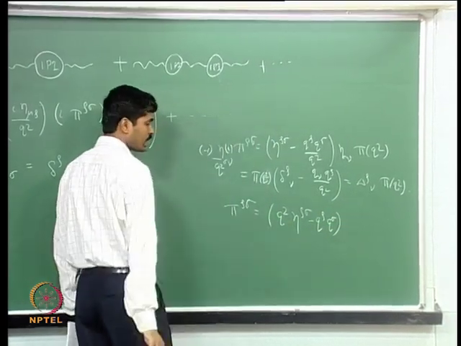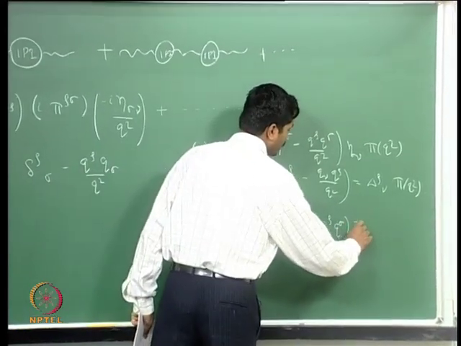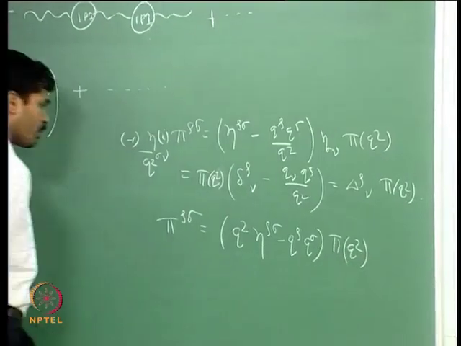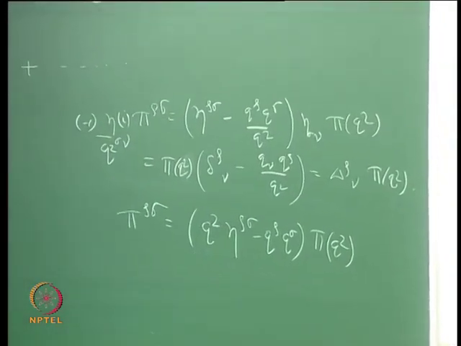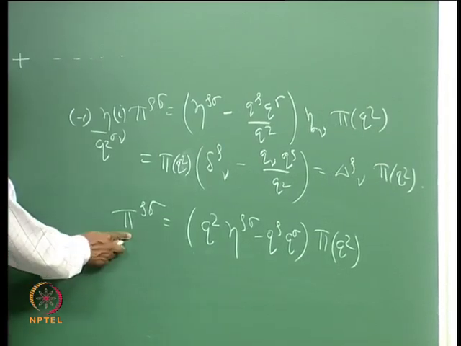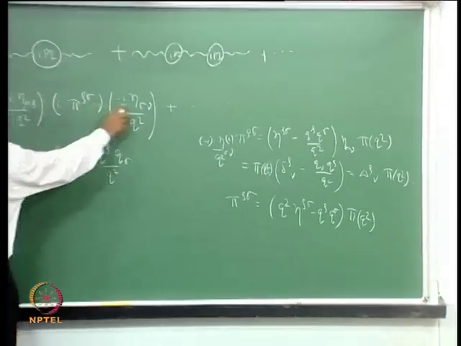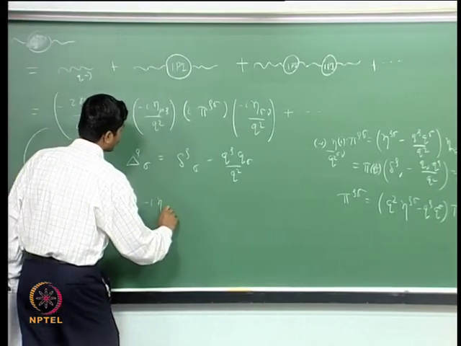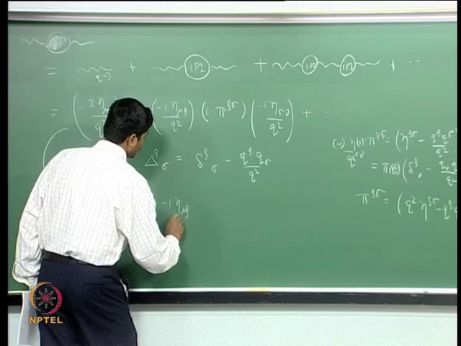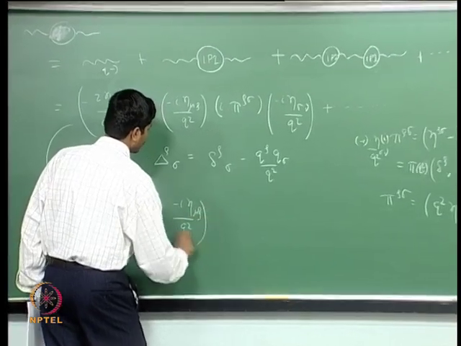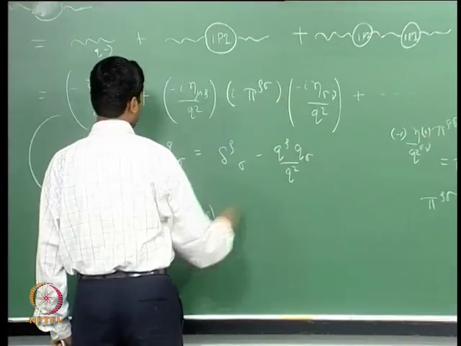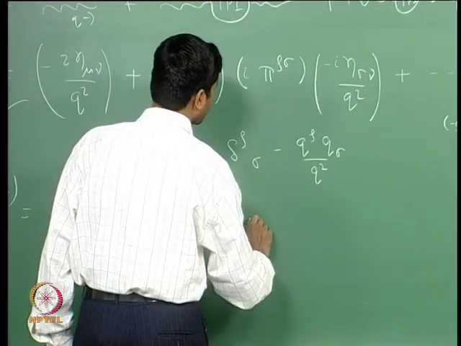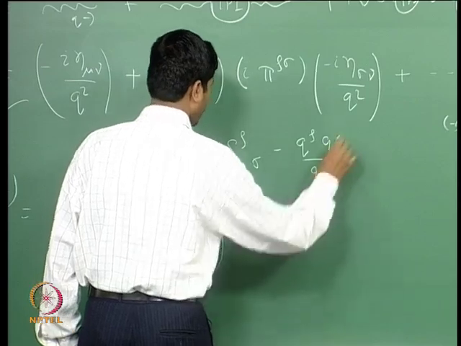Word identity uniquely determines this form times some scalar function of pi of q square, which we need to determine by doing explicit computation. So, if this is what is pi of rho sigma, then this term is given by minus I eta mu rho divided by q square times the product of these two terms, which is simply delta sigma contracted. So, delta rho nu times pi of